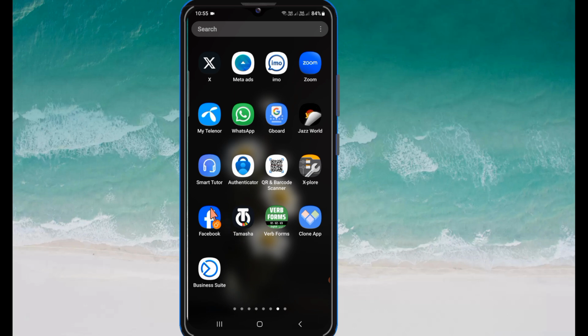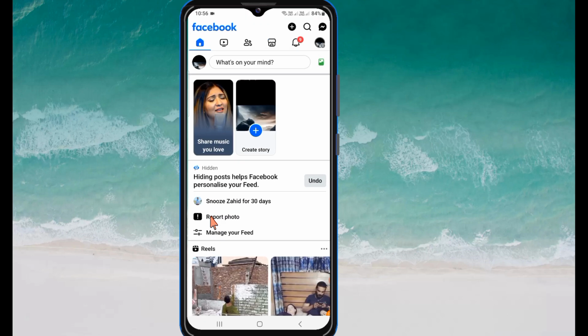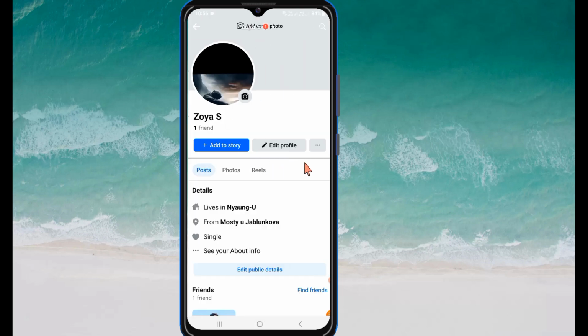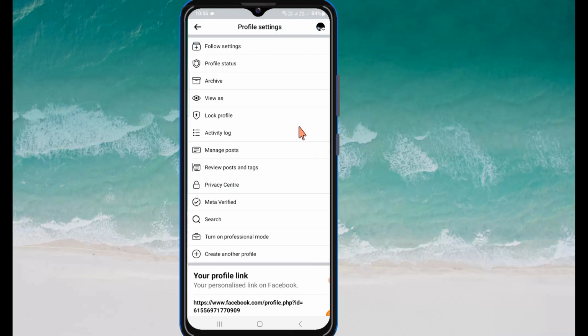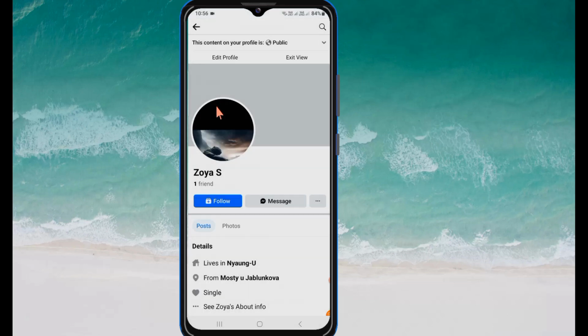So let's start. Firstly, open the Facebook application. When you click on it, you can see the profile option, so just click on it. After this you can see three dots on the top right corner. Then you can see the view as option, so just click on it, and you can see the follower button is activated on my Facebook profile. If I want to deactivate or hide the follower button, then go back,